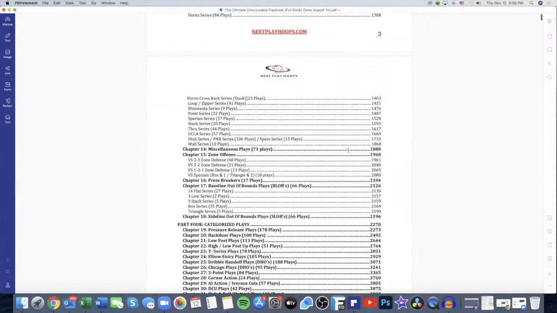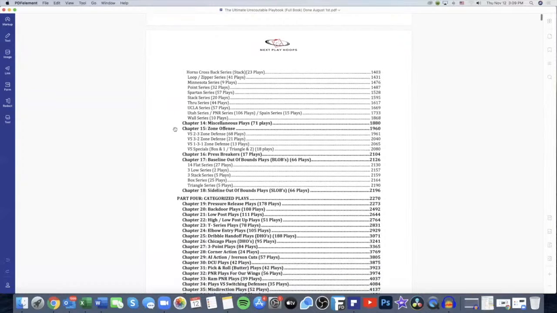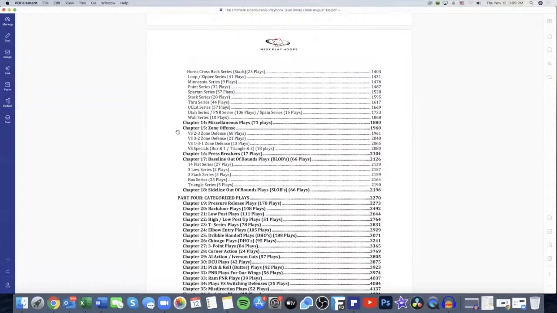With our miscellaneous plays, these are more odd alignments, and these are some great plays that you can use to kind of disguise late in the game or in those ATO after timeout situations. And then we go into chapter 15, where we go into zone offense. And within our zone offense section in chapter 15, we give you different